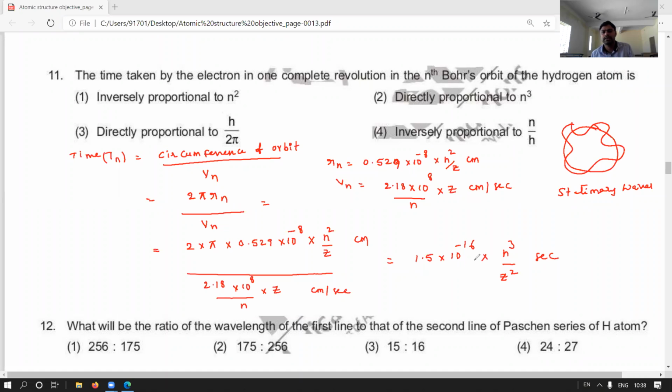So the required time for the electron to revolve in the nth orbit, Tn, is directly proportional to n cube, and Tn is inversely proportional to z square. So directly proportional to n cube. The correct answer is the second option. Okay. So here the simplest concept is the time. We know that